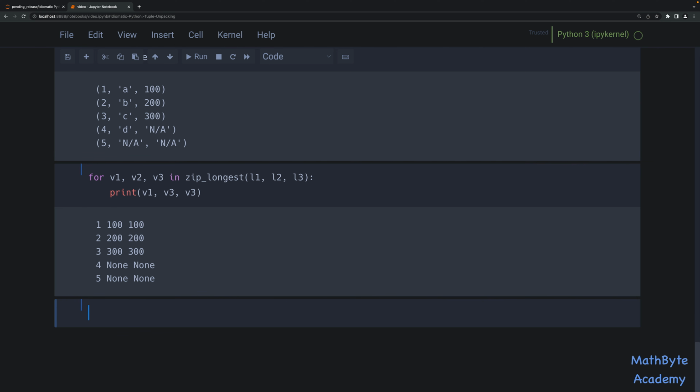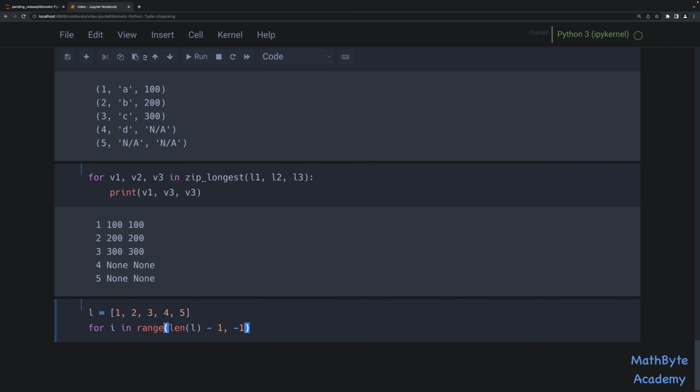Now, what about looping in reverse order? Let's say I've got this list, 1, 2, 3, 4, 5. This is another case where people are very tempted to say, well, I'm going to have to use indexing in order for me to loop backwards on this thing. So how would they do it? Well, let's say for i in range, and then we're going to take the length of L minus 1. So we're going to start at that last index, and then we're going to go up to, but not including